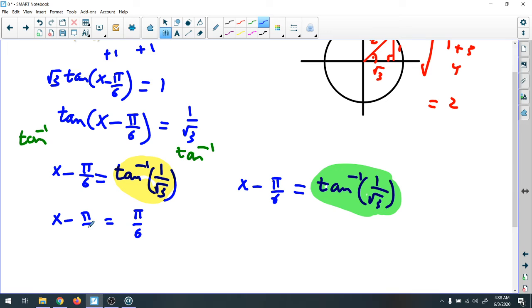And don't forget to mention that when we have tangent, we add what? Pi k, or pi n, where k is an integer number, 1, 2, 3, 4. Okay, so we add pi